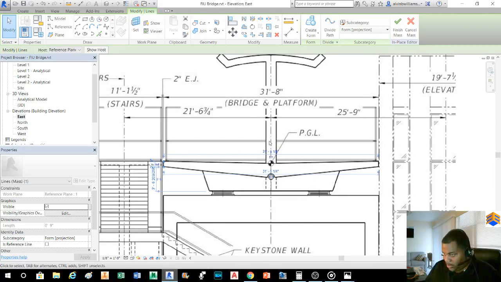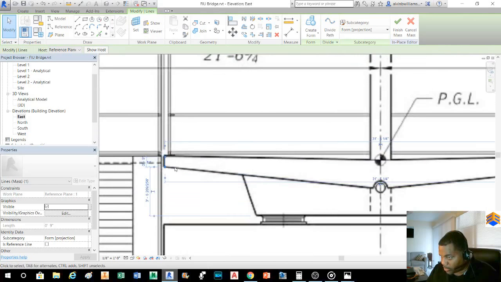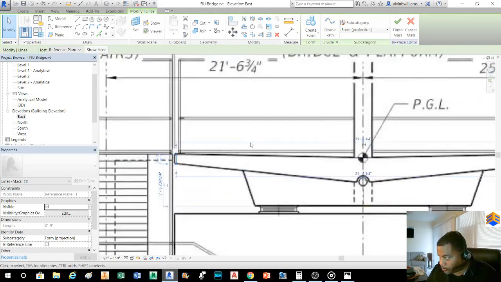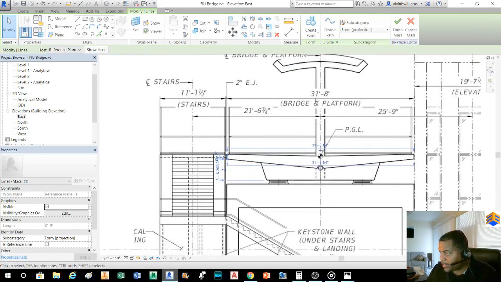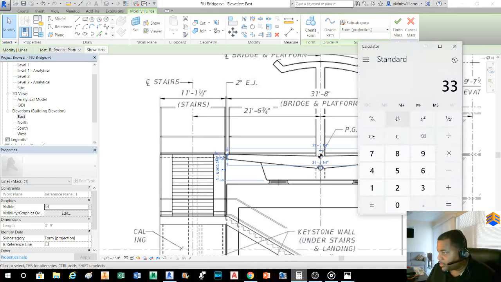So what I'm going to do to make this real simple, I mean, what were the chances of me being perfectly right on it? Since I know this 31 feet 8 inches is exactly the edge, the most extreme ends of the lower part of the bridge, I'm going to cut that dimension in half. So let's pull up 31 feet 8 inches. This is the way I'm going to show you how I figure this up. You've got 31 feet